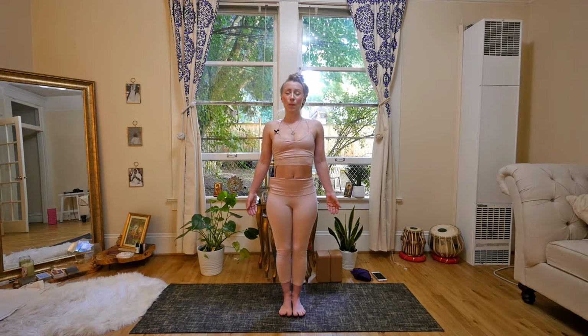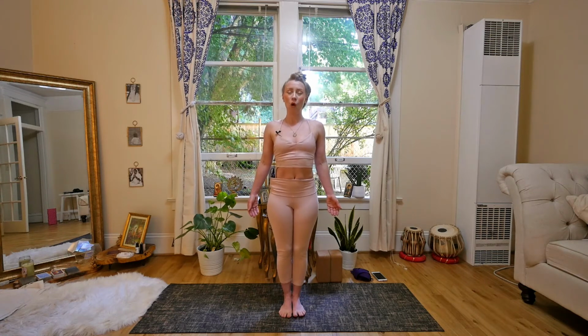Feeling into the pelvic bowl, becoming aware of your pelvic bowl, all the muscles and joints in the pelvis. Lifting up and out of the pelvic bowl, bring your awareness to your belly and just noticing the condition of your belly,